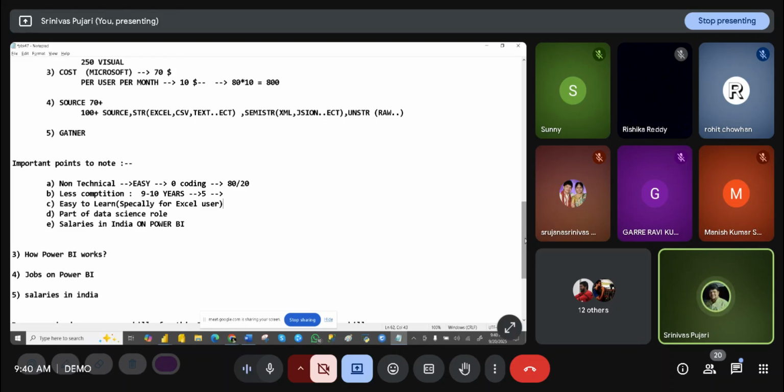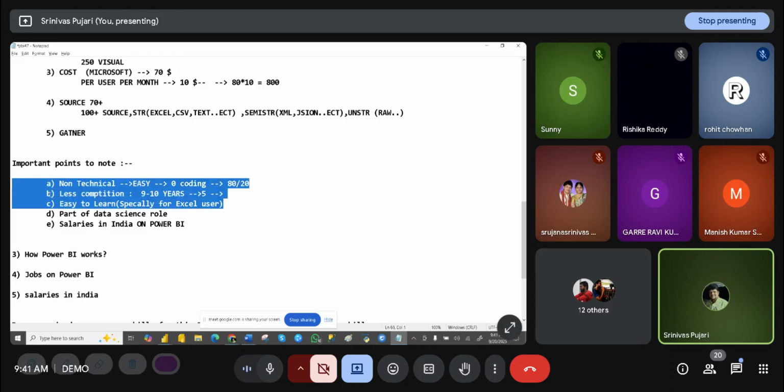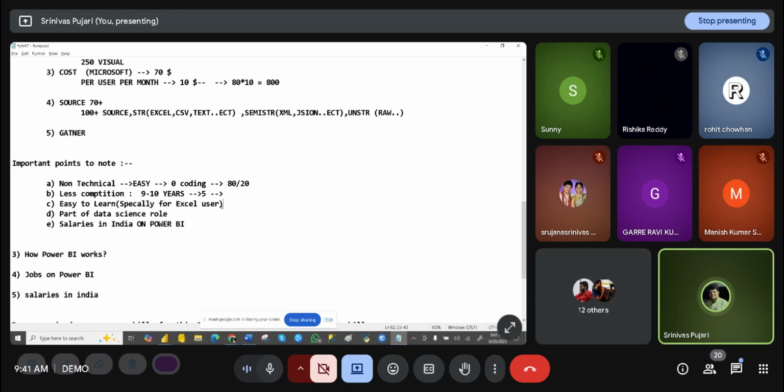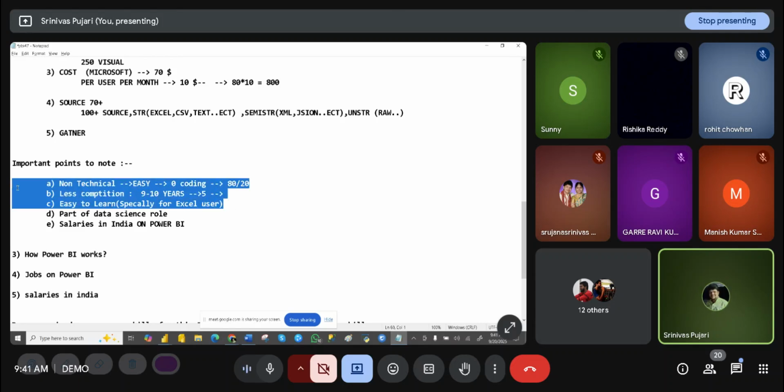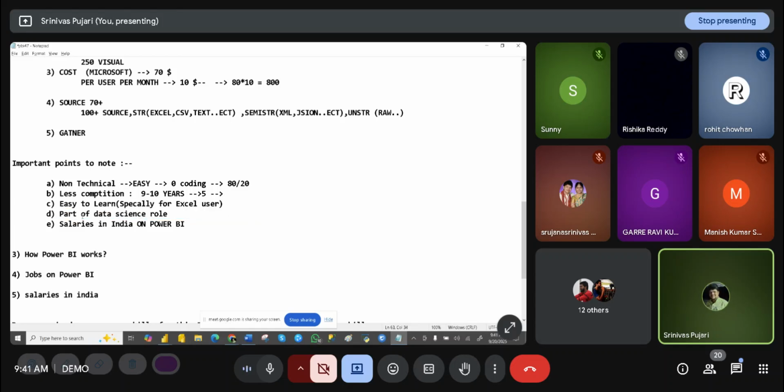Even if you don't know how to ride a bicycle, you can learn the scooty the same way, guys. If you know Excel, it is an added advantage. But even if you don't know Excel, just follow my classes and you'll definitely understand it. It's not easy, so if you are already an Excel user and have used COUNTIF, SUMIF and different kinds of formulas, then it will be very easy for you.